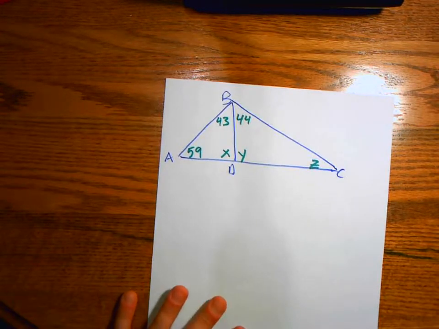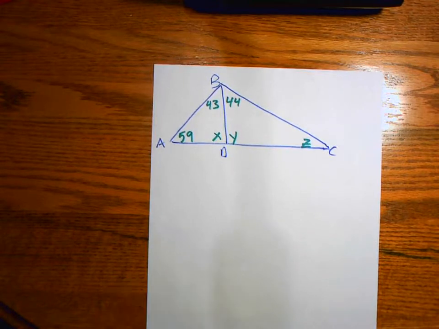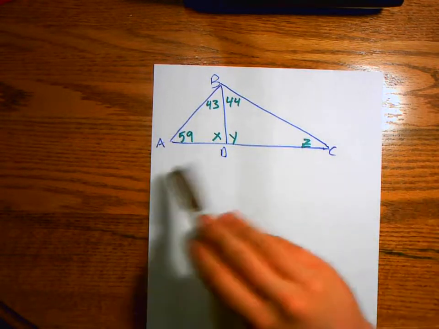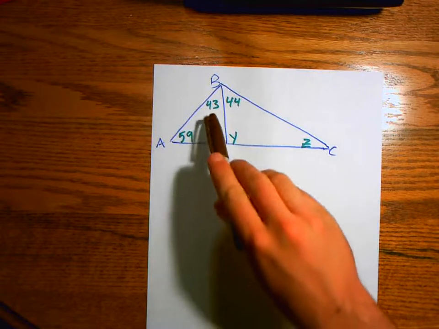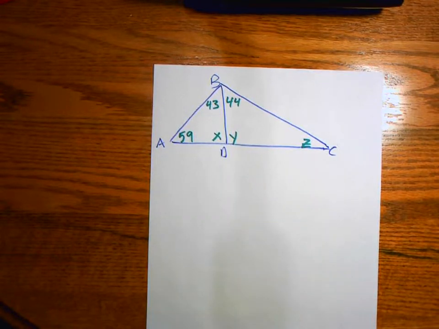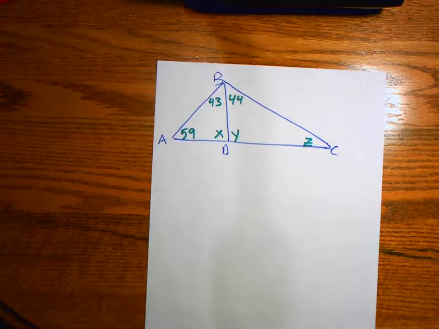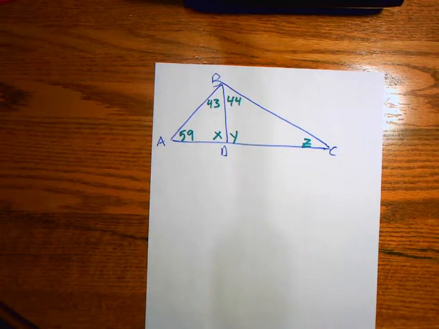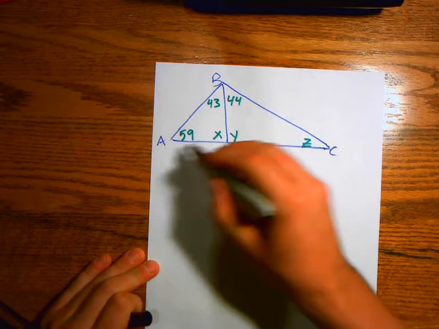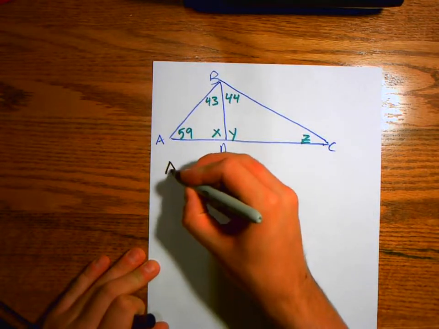Looking at this example right here, we have two triangles that are connected to each other and one larger one. The larger triangle ABC has a segment BD that is splitting it up, where one of the angles is 43 and the other is 44. And we know that angle A is 59, and we are asked to solve for each of these three missing angles. Well, if we take a look at the first triangle ABD right here,